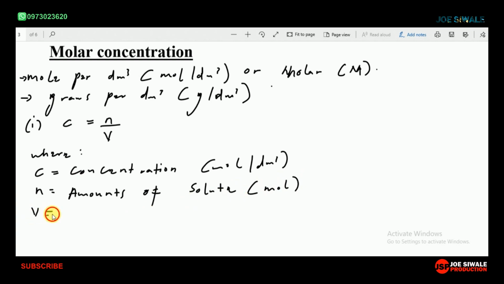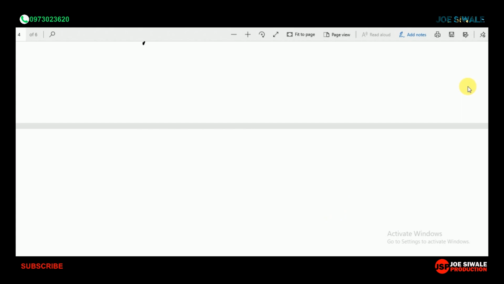Then V is the volume of the solution, and the unit there is cubic decimeters. Then the other way in which we can calculate concentration: